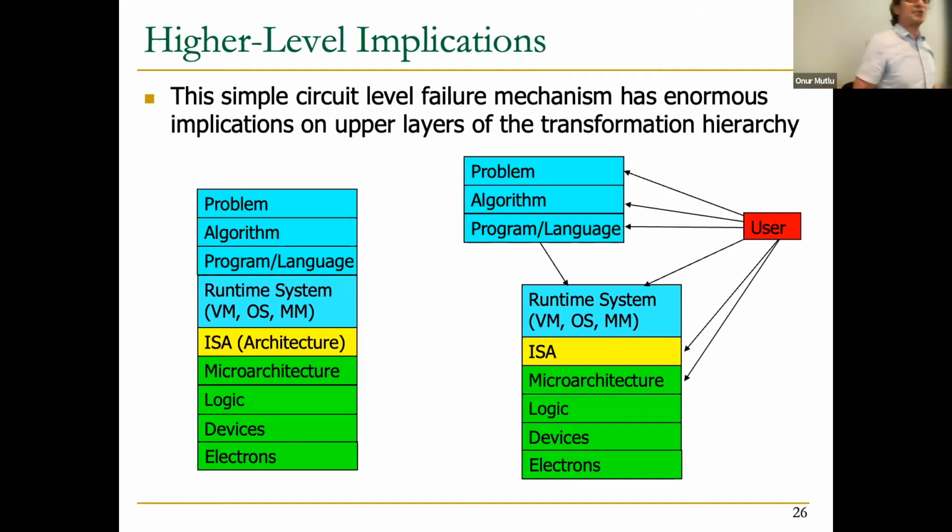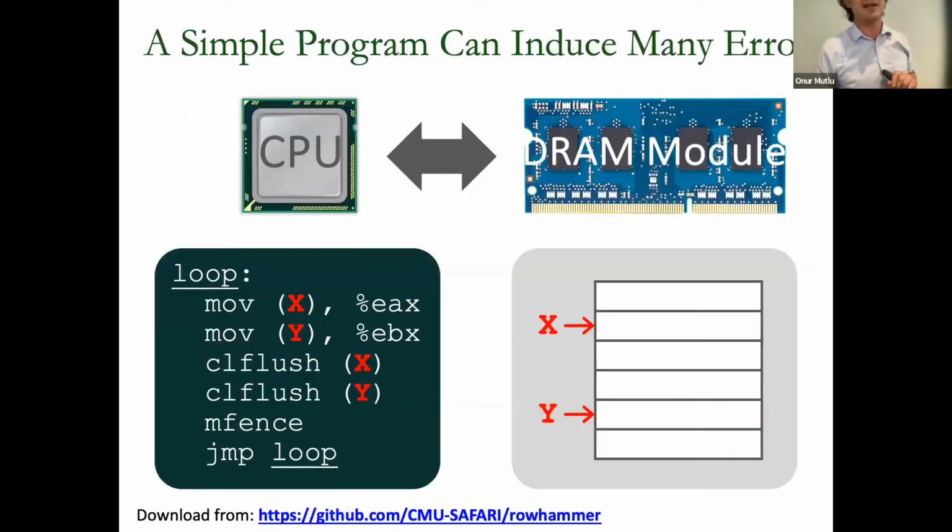Okay, and this actually has enormous implications on the software hierarchy because these bit flips actually get directly exposed to the programming language, operating system, and essentially memory. It's very different from flash where the bit flips inside the storage don't get directly exposed to anything that's running immediately. Okay. So what's worse about this is that when we wrote the paper, we also released code that showed that with 6 lines of x86 code, you can actually induce these bit flips.